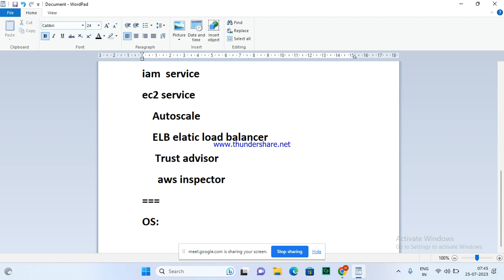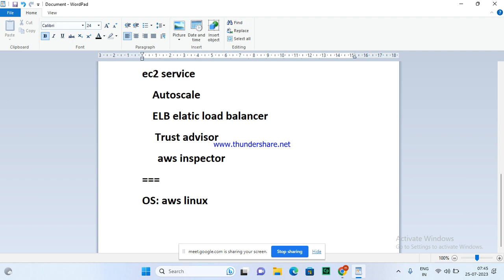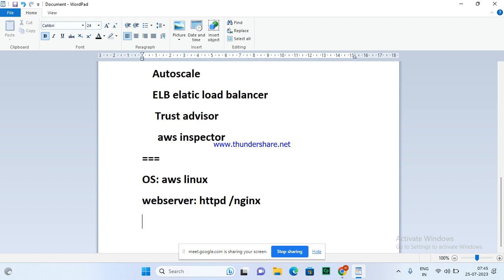Operating system, what am I going to take? AWS Linux. It's the cheapest one. The cost will be reduced with AWS Linux. Web server, what am I going to go for? HTTPD or Nginx. To run that application, I need a web server.